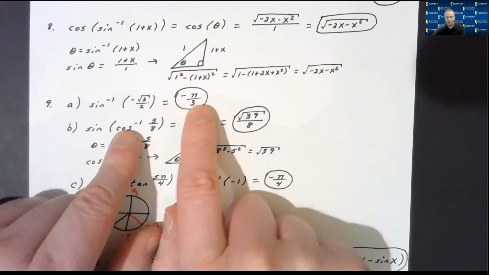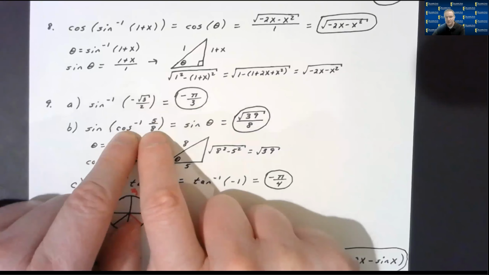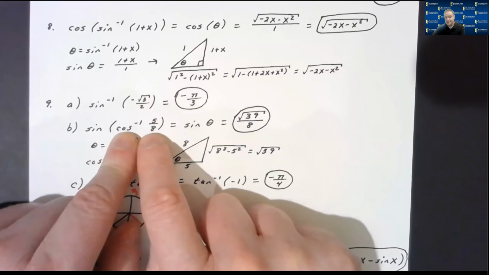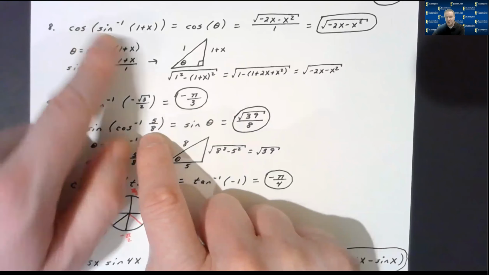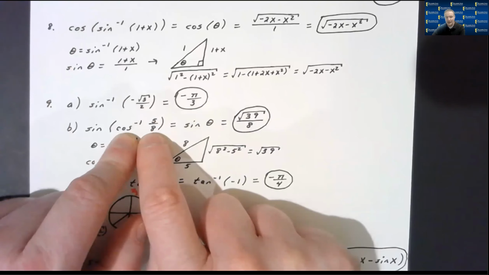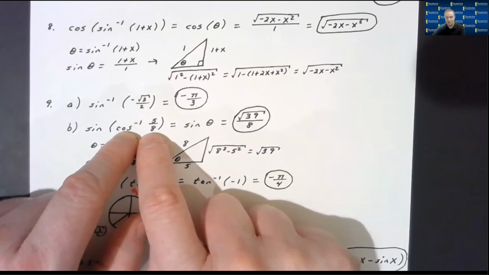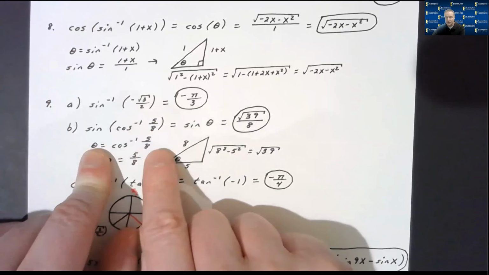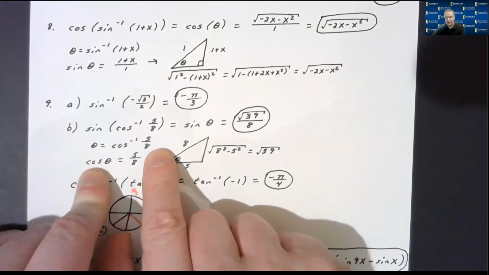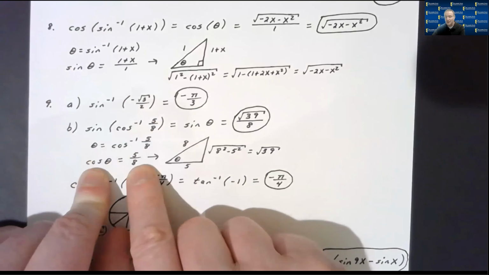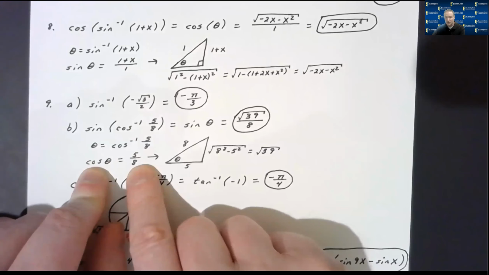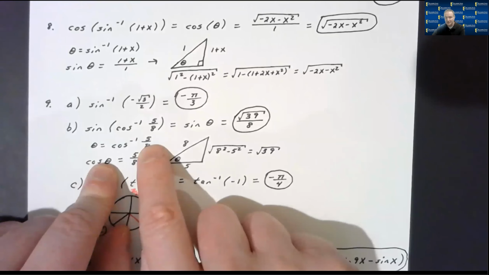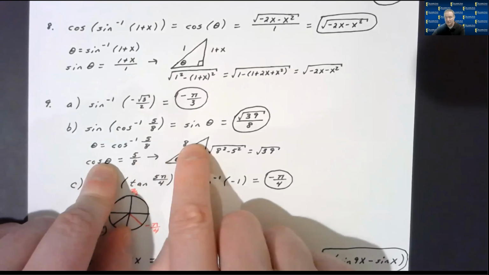Now, for the next one, the sine of the inverse cosine of 5 over 8. This is actually more like the preceding problem, number 8. Anytime you have that inverse function on the inside, you can say, well, that's just going to be an angle, and I can find out information about that angle. Theta is the inverse cosine of 5 over 8, so the cosine of theta is 5 over 8. That means within a right triangle, the side adjacent to theta is 5, and the hypotenuse is 8, since cosine